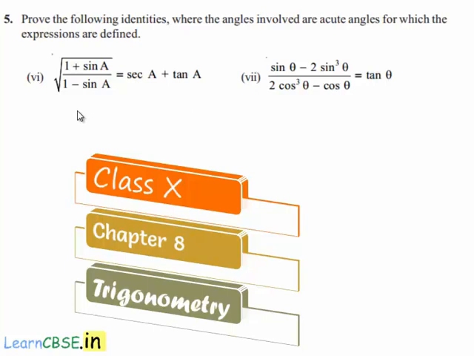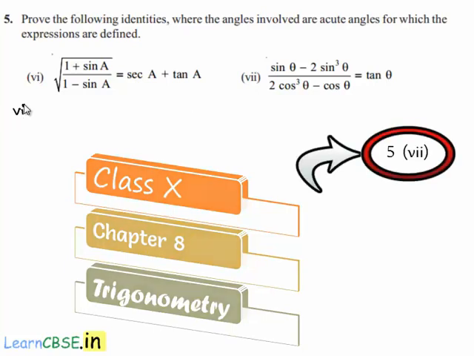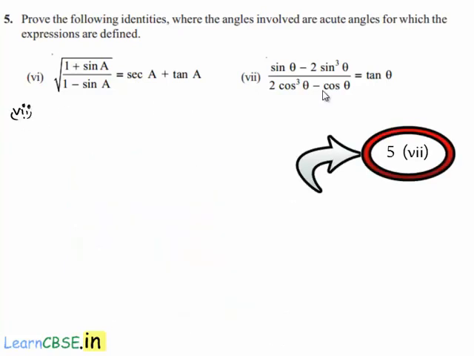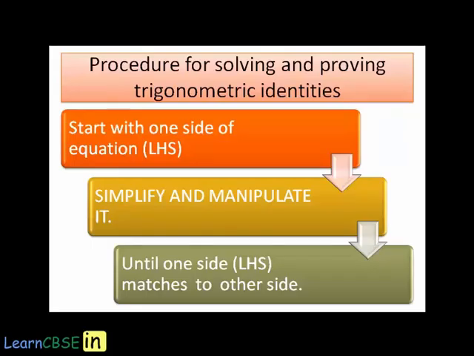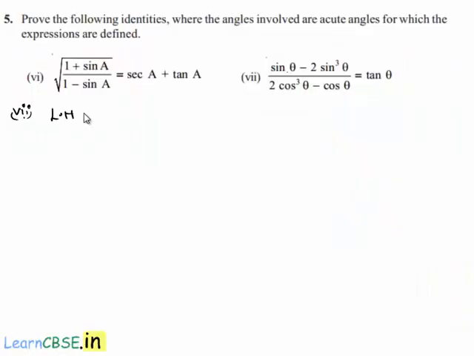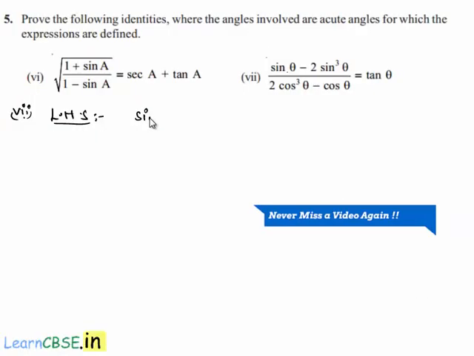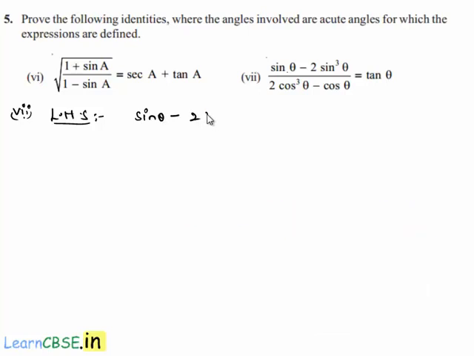Now moving on to the 7th bit of 5th problem. He has asked us to prove that (sin theta minus 2 sin cube theta) by (2 cos cube theta minus cos theta) is equal to tan theta. In order to prove this, let us consider the left hand side, that is sin theta minus 2 sin cube theta